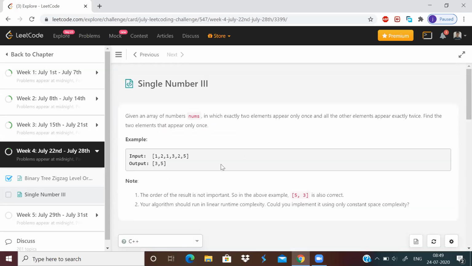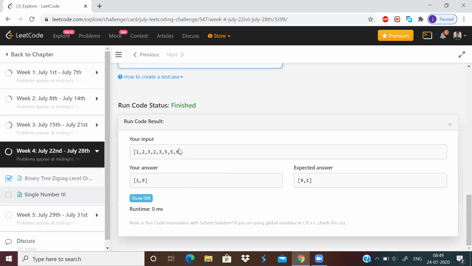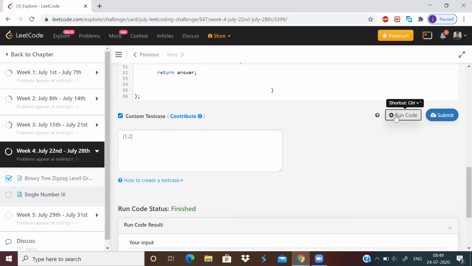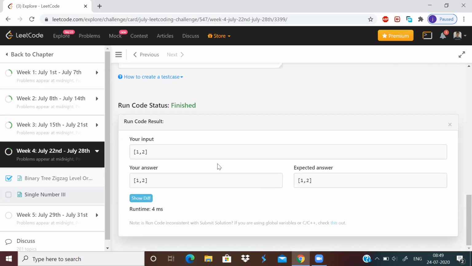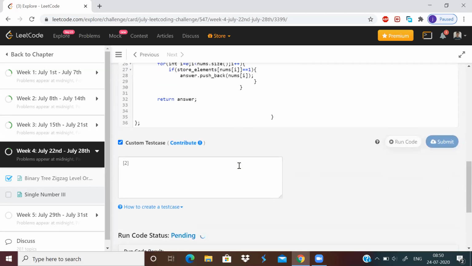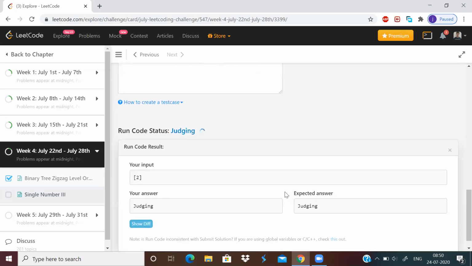So is there any more constraint over here? What if this array has only 2 elements? It will return 1 and 2 directly. Let me run it, because 1 and 2 appear only once. It's working fine. What if I have only a single element? I think this test case is invalid because there should be at least 2 elements. Expected answer is 2 and 0.